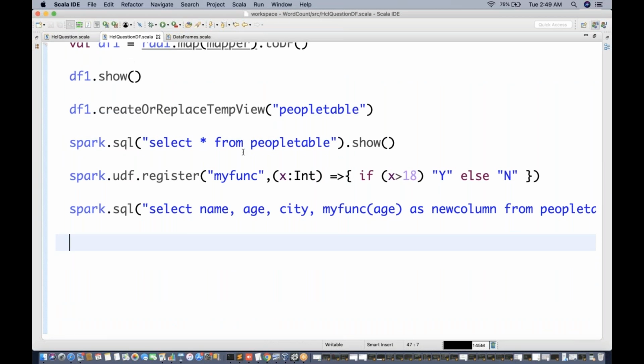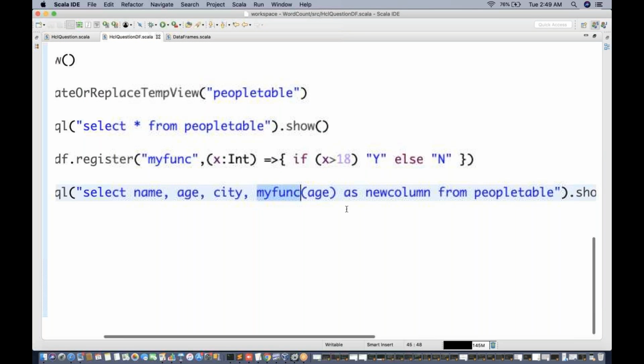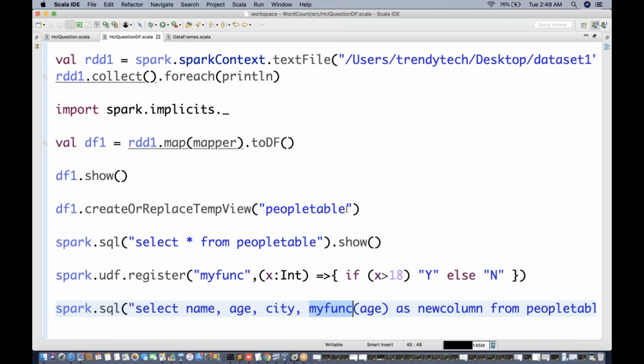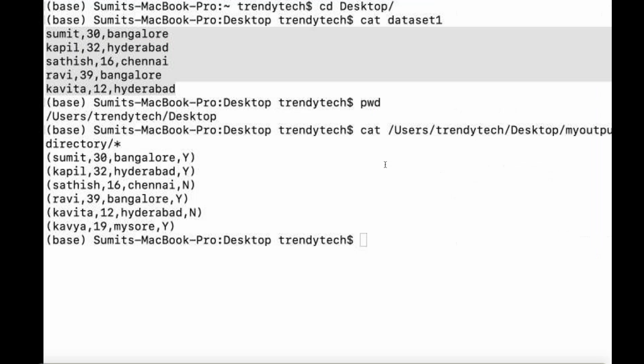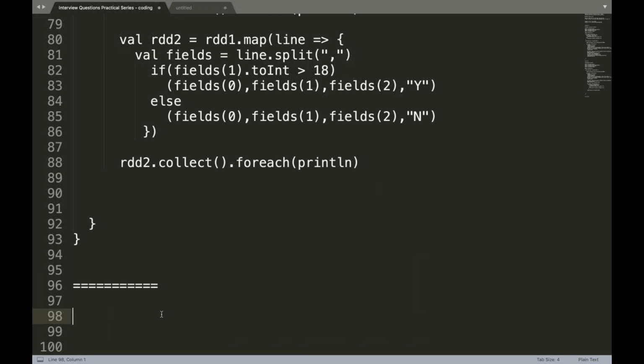We have created our own user defined function, registered it, and the name of it is my function. We are using the same in our code. You can see how easy it has become. So I'll just copy this again here. Solution 2 using Spark SQL.